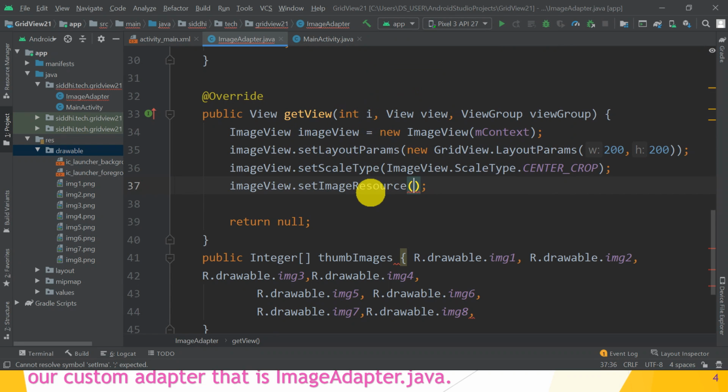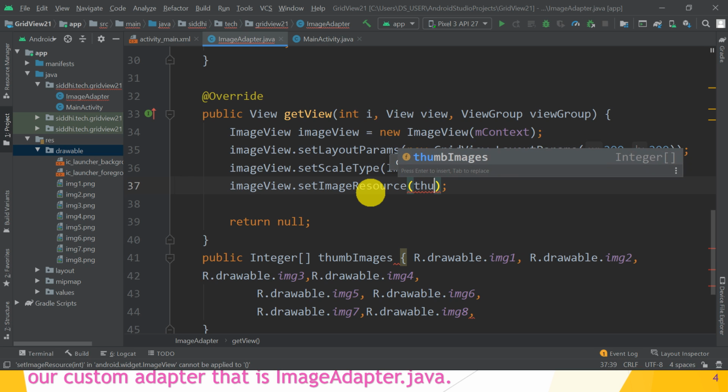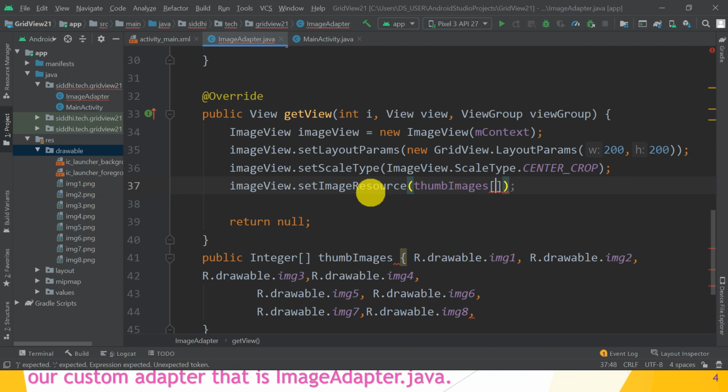So what is the image resource? That is the array of thumb images. So thumbImages, and pass the position. What is the position here, guys? The position is an index i, that is i. This is the position.